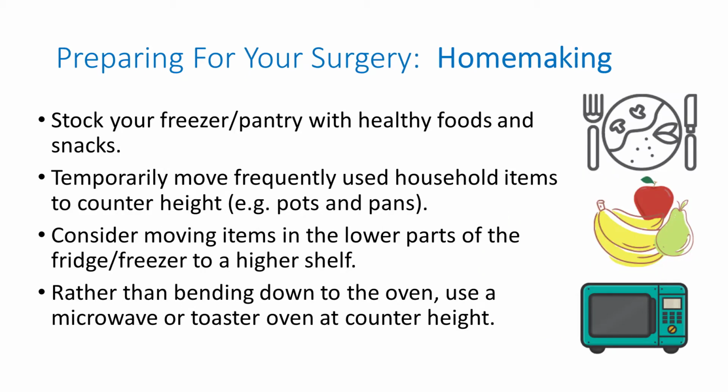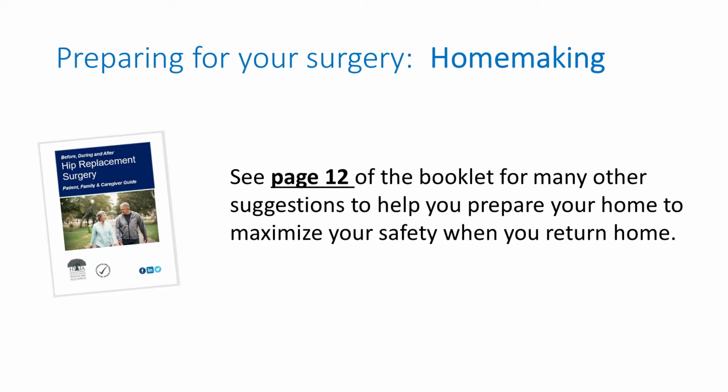Stock your freezer pantry with healthy foods and snacks. Temporarily move frequently used household items to counter height. Consider moving items in the lower parts of the fridge or freezer to a higher shelf. Rather than bending over to use the oven, use a microwave or toaster oven at counter height. See page 12 of the booklet for many other suggestions to help you prepare your home to maximize your safety